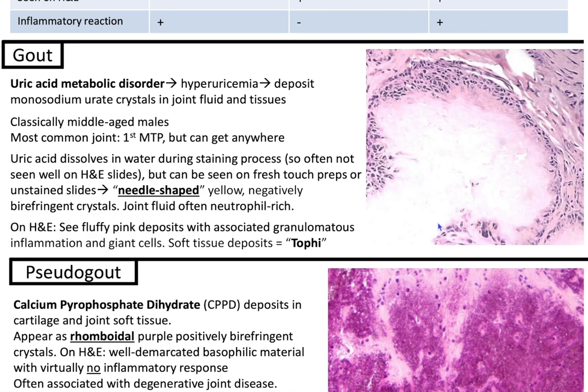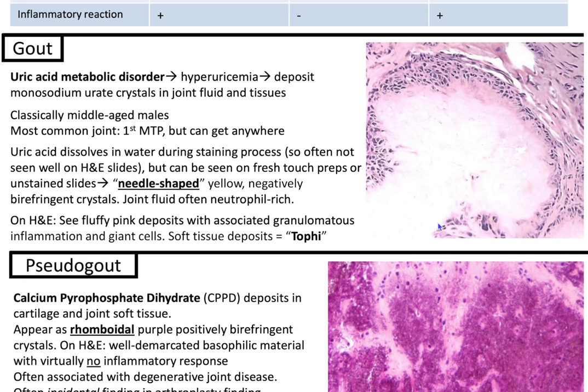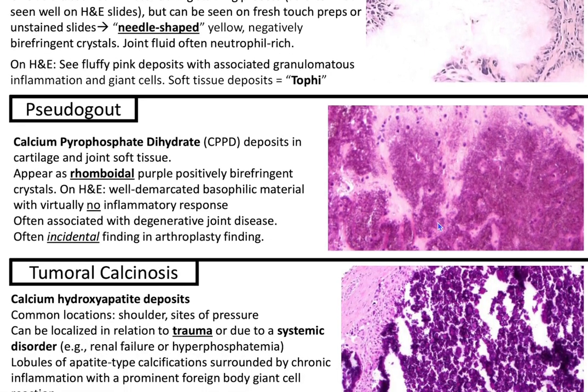That's your telltale clue that this can be gout. And if it's in soft tissue deposits, it's called tophi. You have gout, but then you also have pseudo-gout, which is calcium pyrophosphate dihydrate deposits in the cartilage and joint